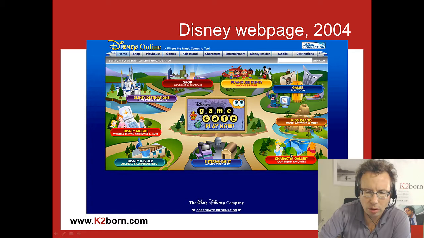Should it be here? Or should it be here? We'll come back to this, but don't forget it. Character, gallery, where should it be? Entertainment, Disney Insider, Archive, Disney Mobile. So you can see that you've got all of them, and as soon as there's some change, maybe you will understand it. I insist on this because